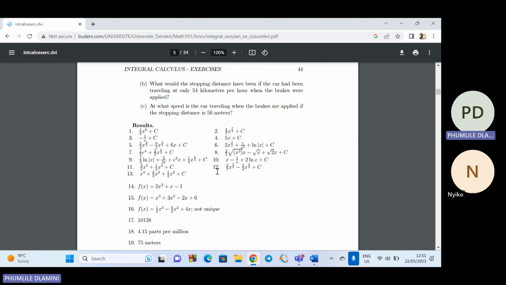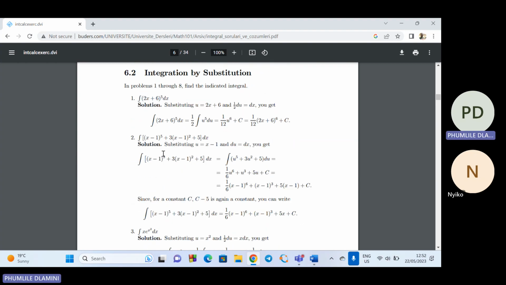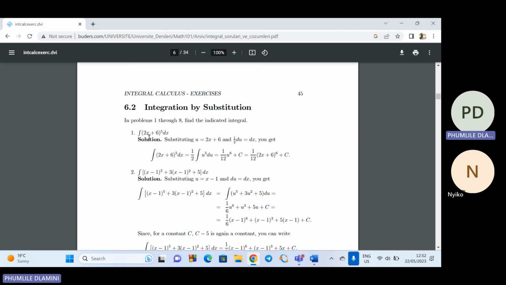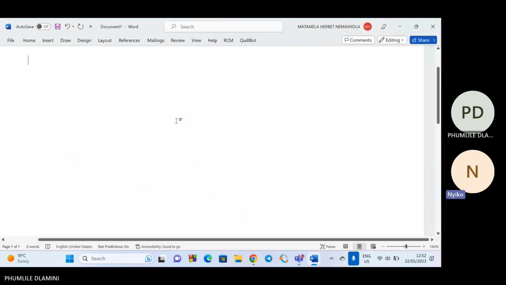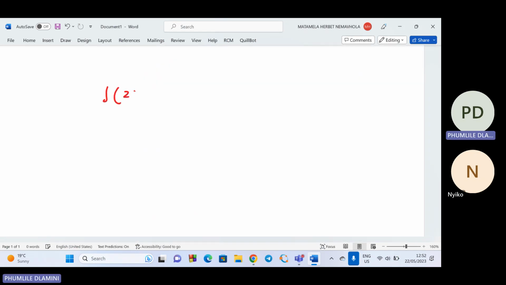Okay. This one does not really have what we want. Because, for example, if I have to differentiate, let me take this one. This integral is the integral of (2x + 6)^5 dx. So now, when we have this integral,